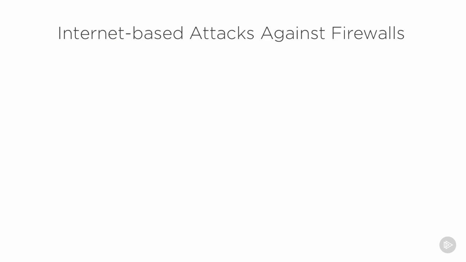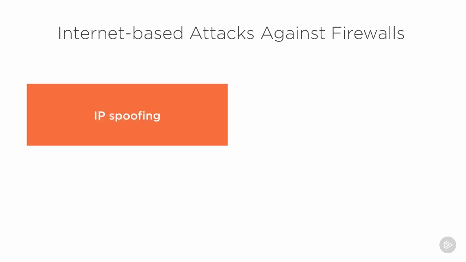There are many, of course, problems that lead to internet-based attacks. The fact is that quite often when a person is going to launch an attack, they hide their address. They do IP spoofing. So the traffic might look like it came from a legitimate or an unknown site rather than from a known bad site. And IP spoofing is very easy to do on the internet